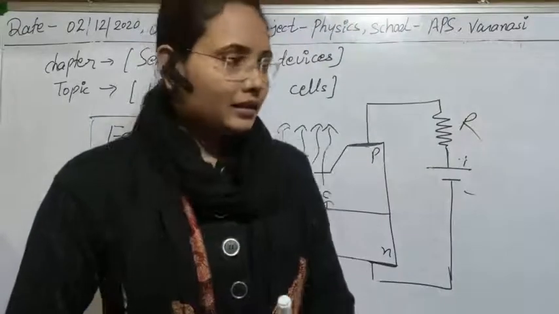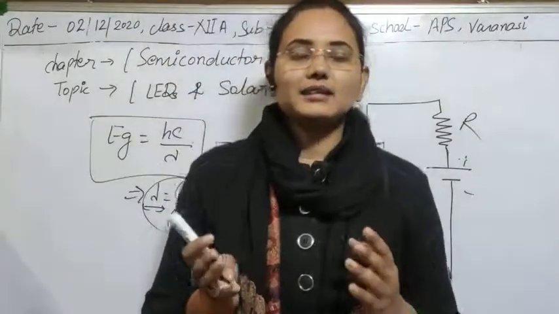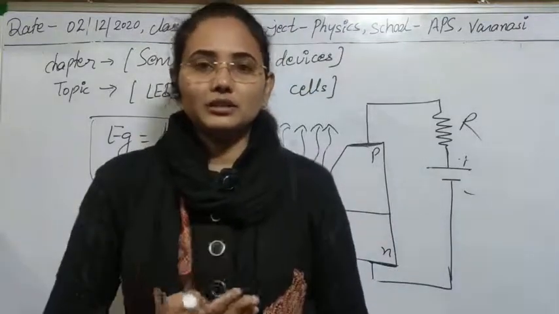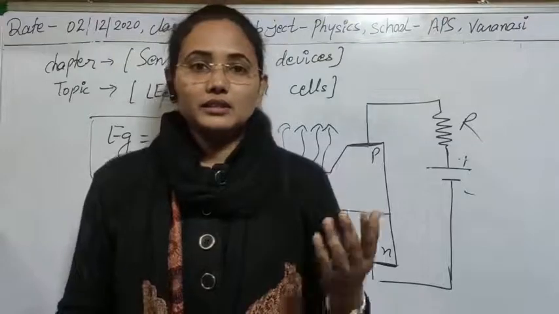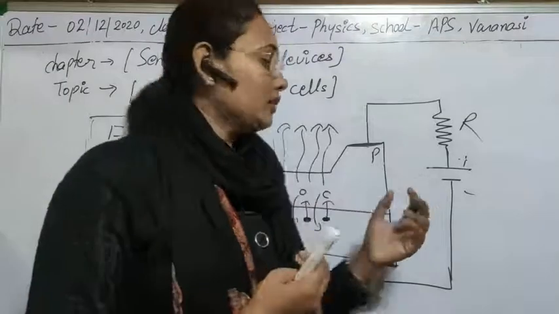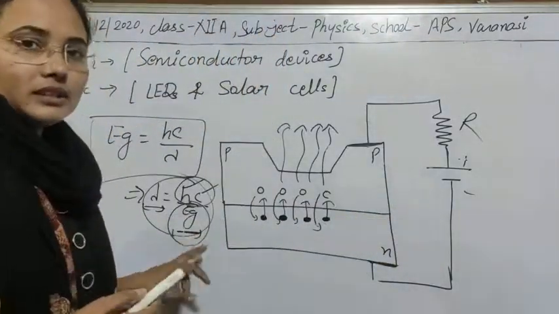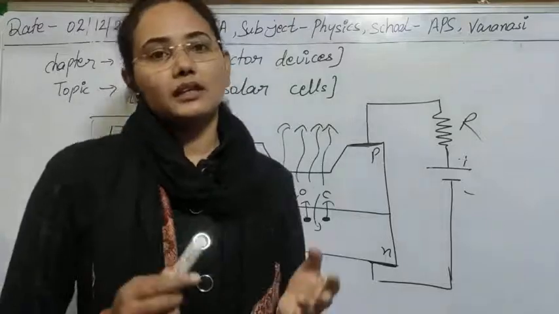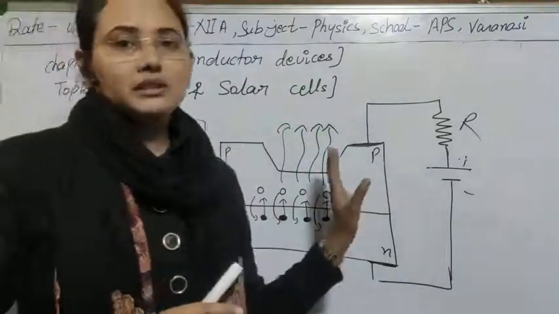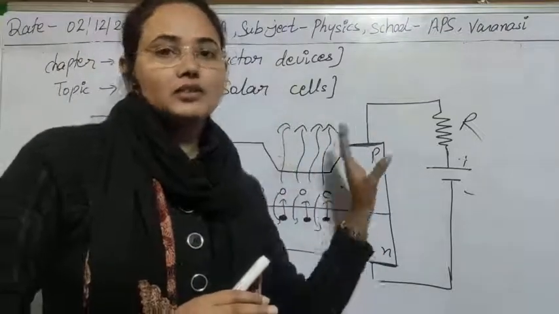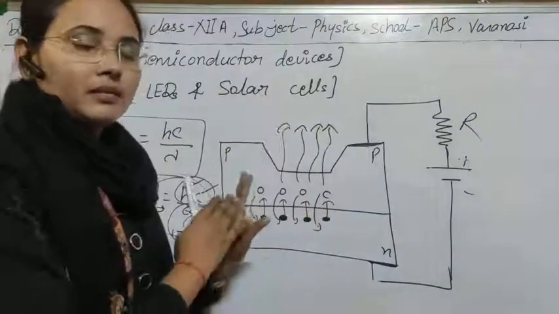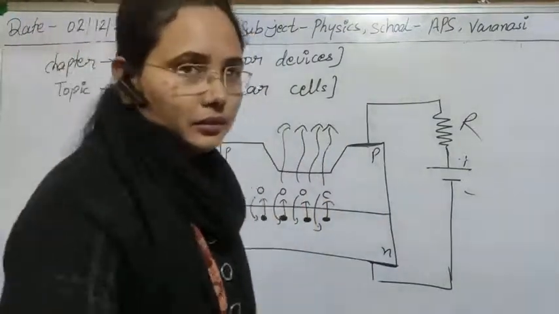And you have seen that the LEDs available in the market are of different colors, like white LED, red LED, yellow LED, green LED. All these colors depend on one factor, that is the band gap. So we use different materials to fabricate LED devices or PN junction devices. So I think, guys, the construction and working principle of LEDs are totally clear to you.